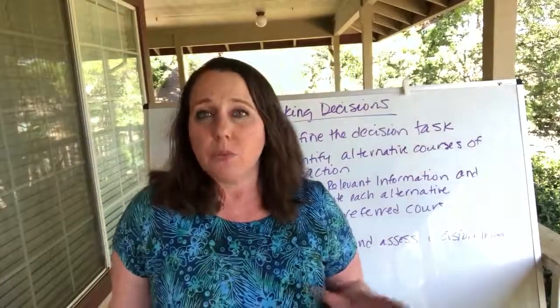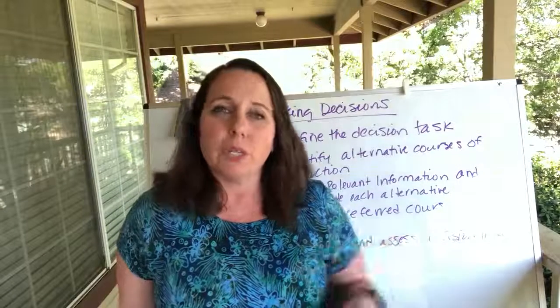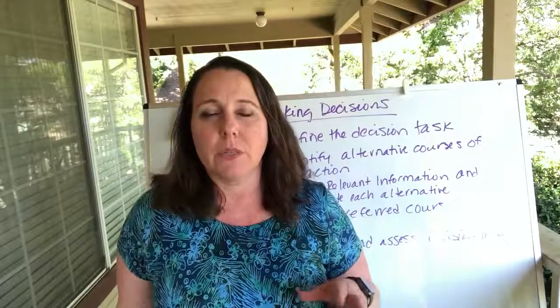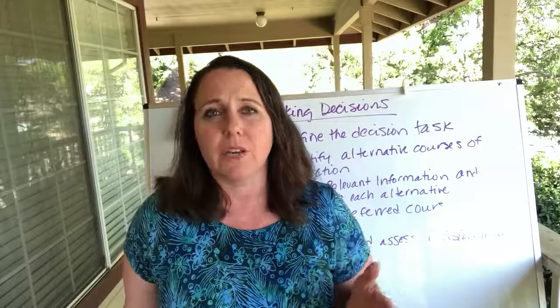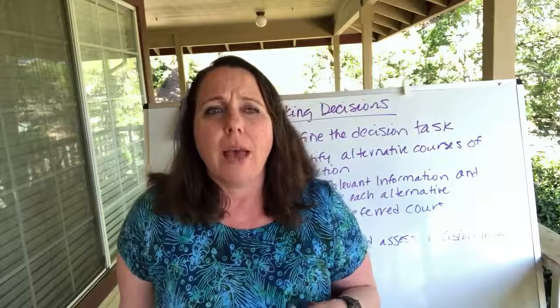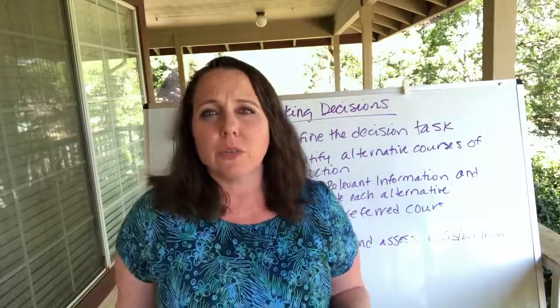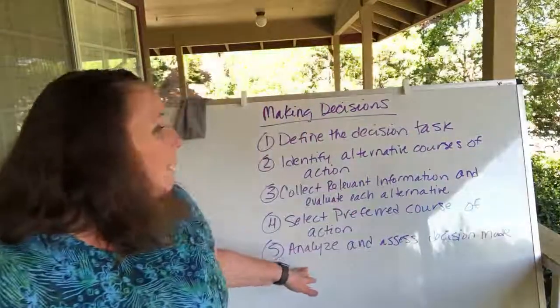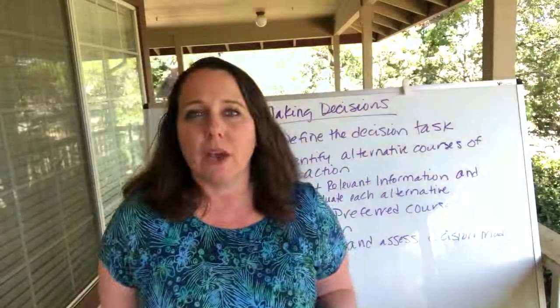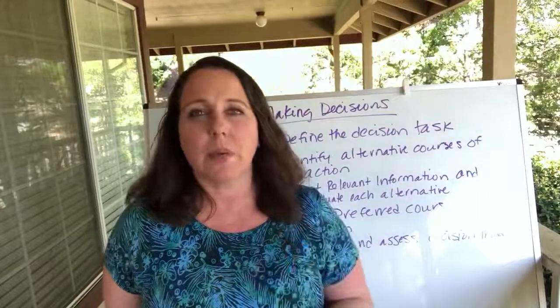And then once we were all in agreement, here's what we could do, then we took it to upper management. So we took it to Oracle's chief of staff, basically our CEO's chief of staff. And we said, look, here's what we want to do. Here's where we can do it. And at that point, we analyzed and assessed the decision made. Okay, we've made a decision. We think this is how we can do it.